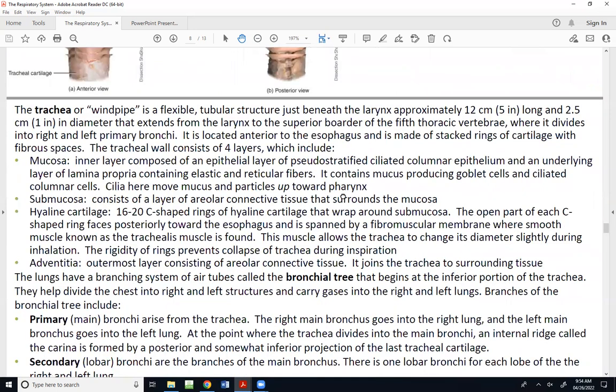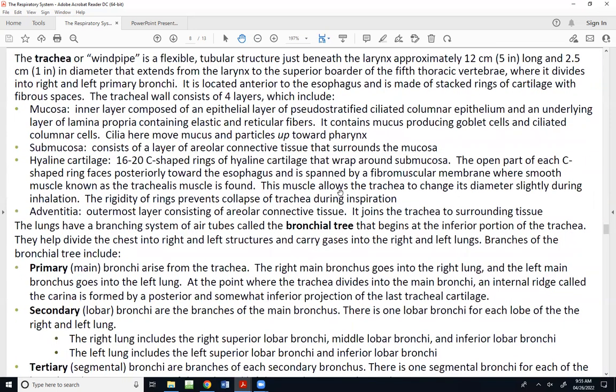All right, once again, trachea or windpipe, it's a flexible muscular tubular structure just beneath the larynx. It's about 12 centimeters or 5 inches in length, about 2.5 centimeters, which is right at an inch in diameter. It extends from the larynx to the superior border of our fifth thoracic vertebrae. That's where it forks to divide and form a right and left primary bronchi, which also go by the term